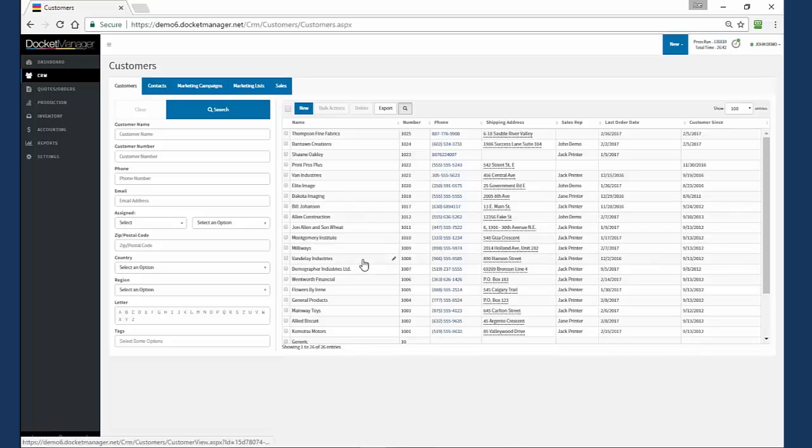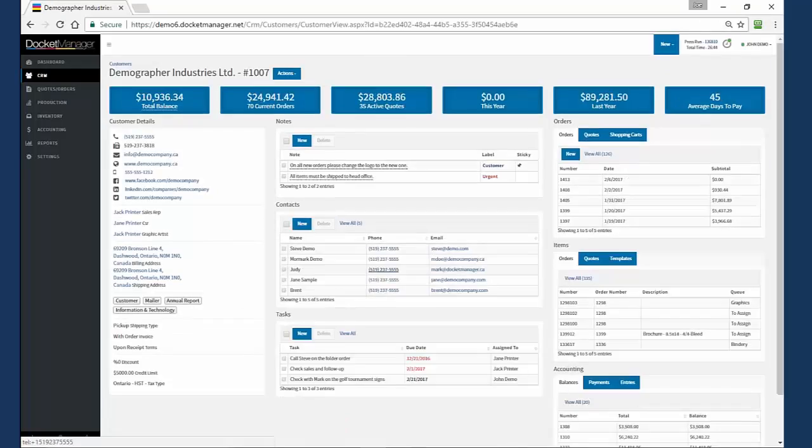We can actually go further into the customer level by clicking on the edit icon, and anywhere you'll hover over you'll see that edit icon. That's going to allow you to draw deeper into that particular piece. So in this case, if we want to go into our demographic or industries company, we can click on that, go in,